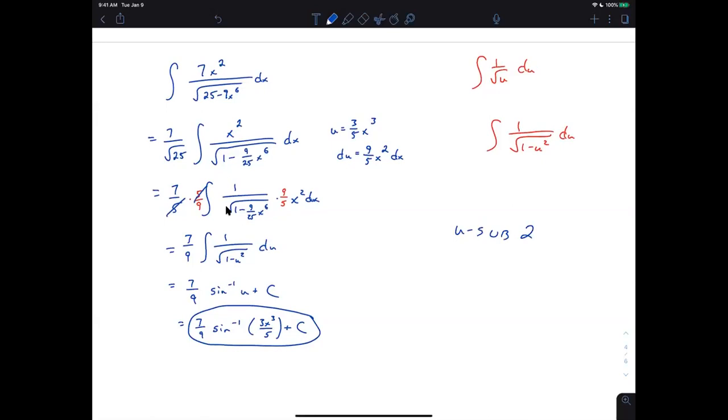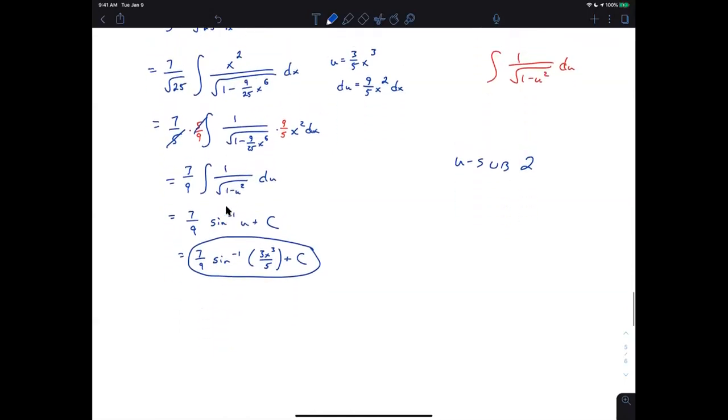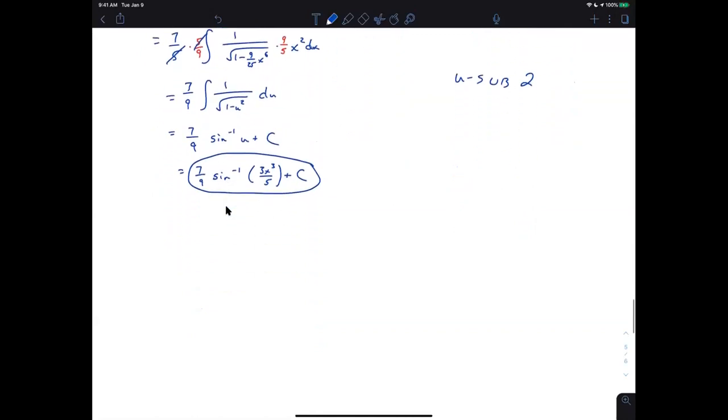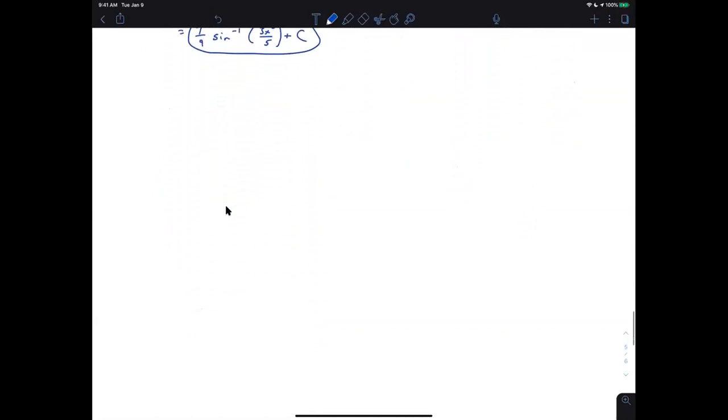Other stuff. What else you guys got? Volume slicing problem. Yeah. You mean like where we say the cross section is a triangle or something like that, right? Is that what you're talking about, Tyler? Okay, yeah. All right, so let's say